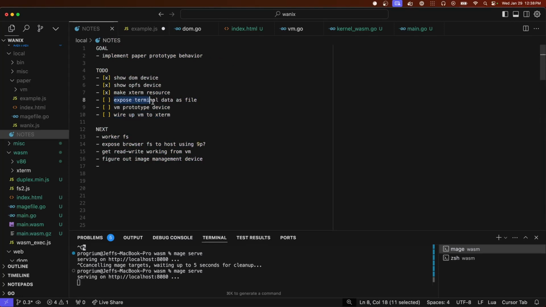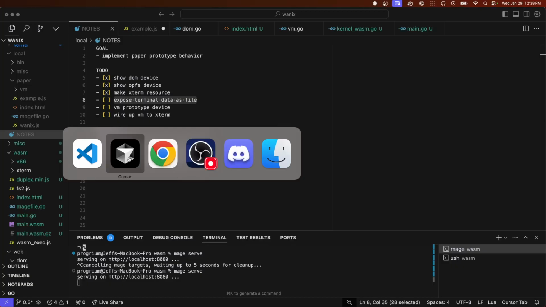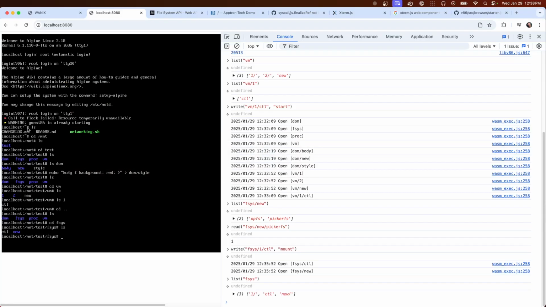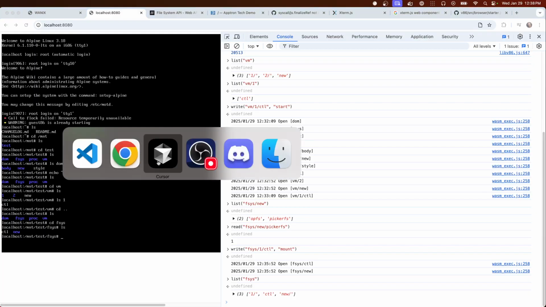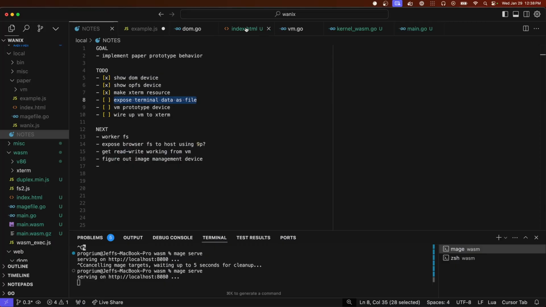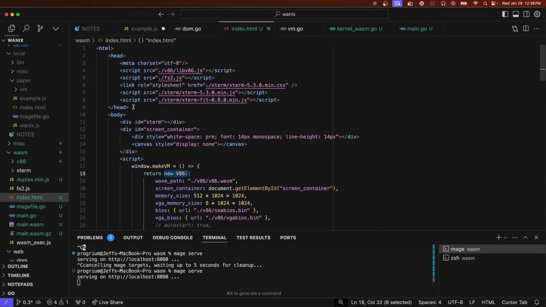Okay, how do we wire these up? So the thing is, this is not our terminal. This is when you set up v86, you give it its own element. It kind of writes to it like xterm,